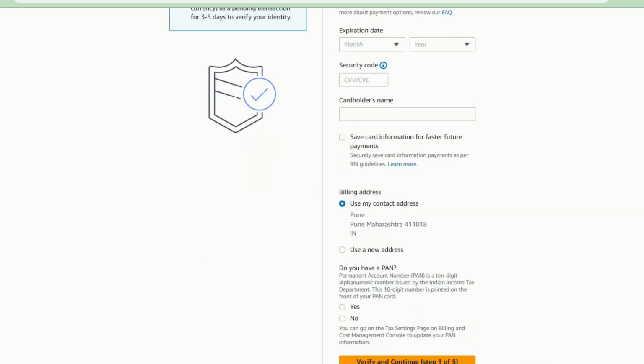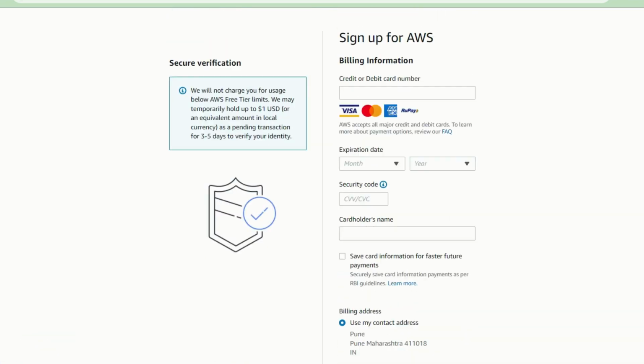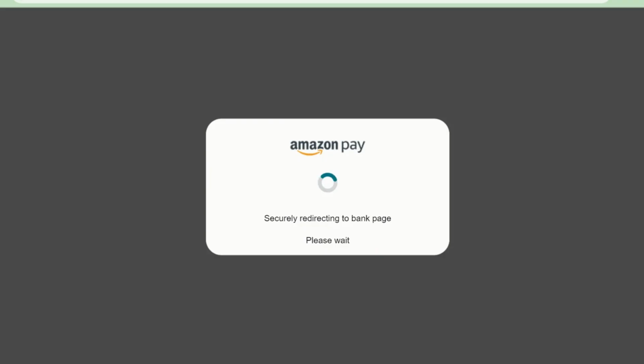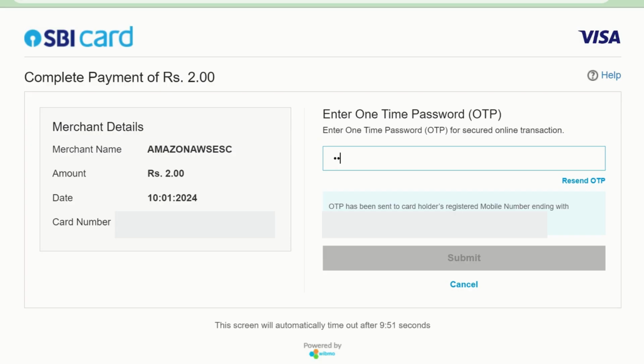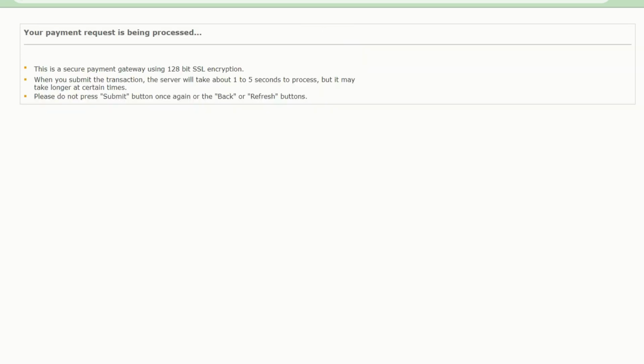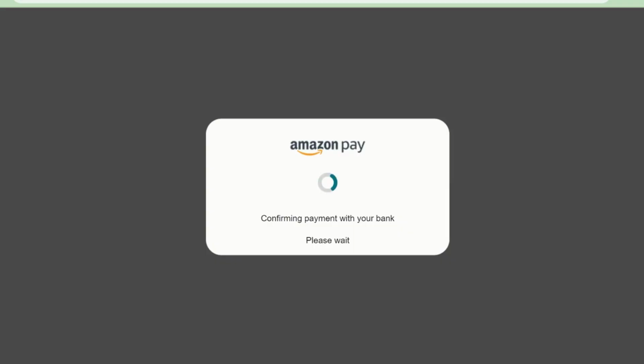You need to provide the credit card details, and it will also do a transaction to just make sure that you provide a valid credit card. Okay. Because later stages, when our bill is generated, the payment will be done with this credit card only. Next, you need to mention the OTP that you have received for the credit card transaction. Once the transaction is successful,